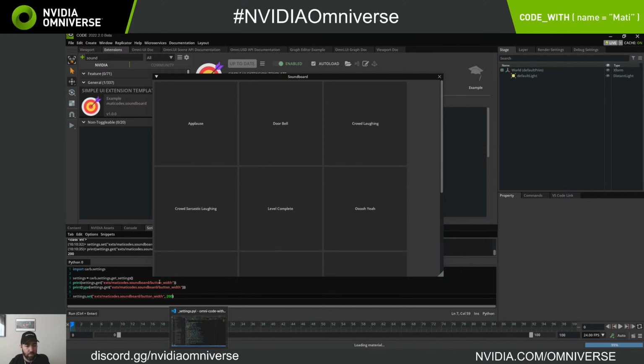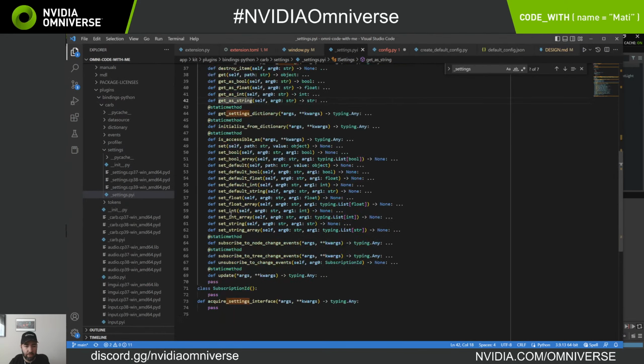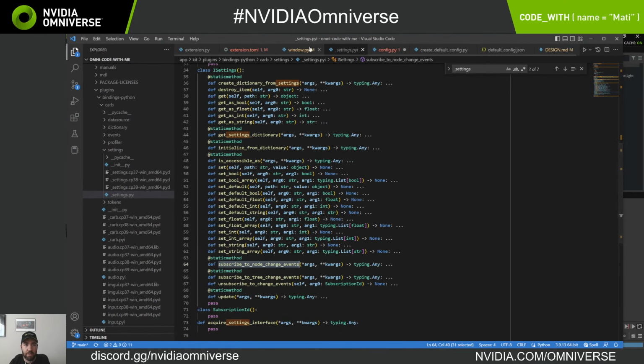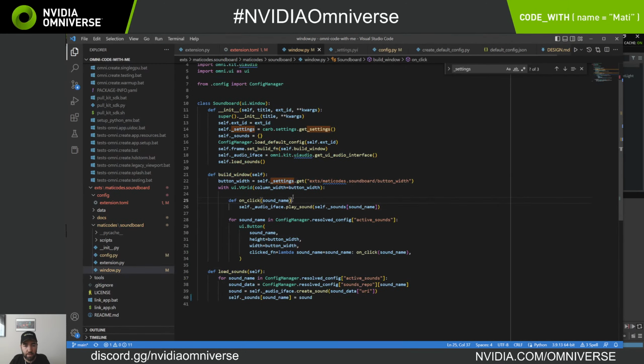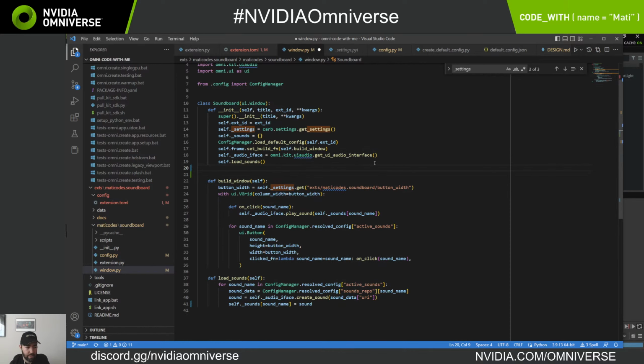And if we look at that API, you can subscribe to changes, so you can get an event call. You can provide a callback so that you can react to changes to any settings. So I'll hold that off for a moment, and I'll show what that looks like. This build window. So if we subscribe here to setting changes,